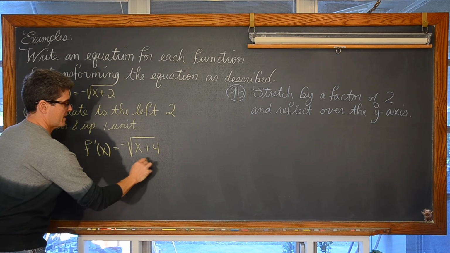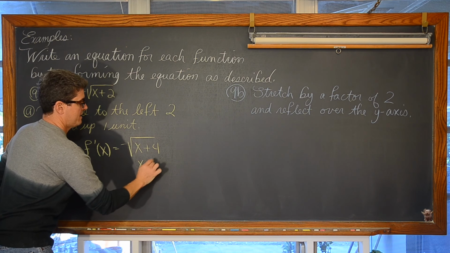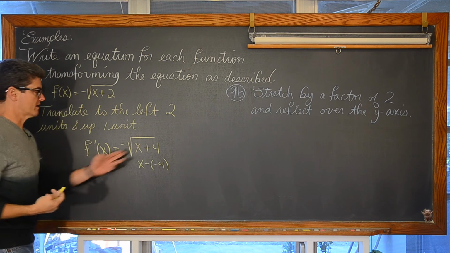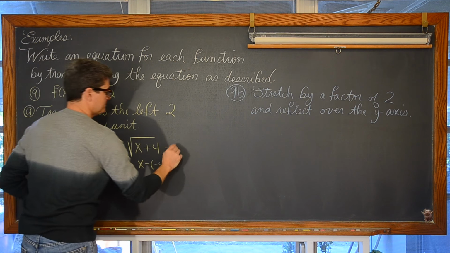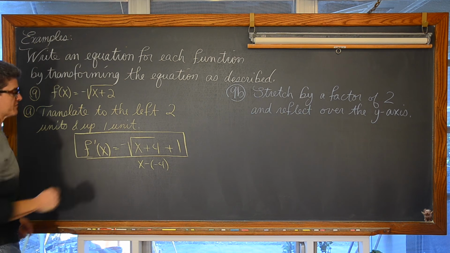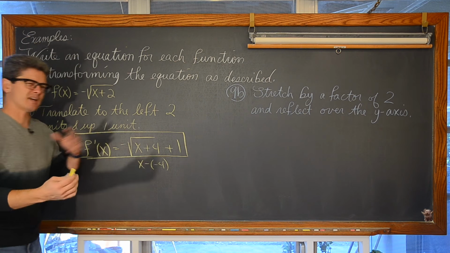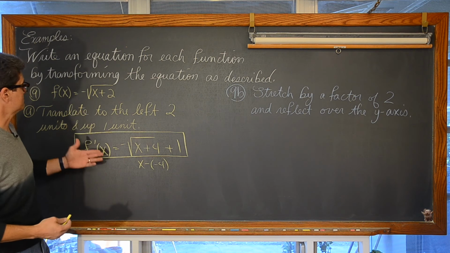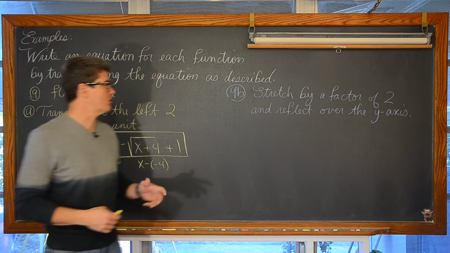Right? It's x minus c. So we get that plus 4 in there. And then up 1. That's how vertical slides or transformations are outside the main math function. They don't work in reverse, sort of like that left-right stuff does. And there is our transformation for A, our new equation.